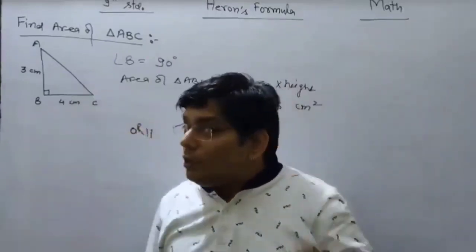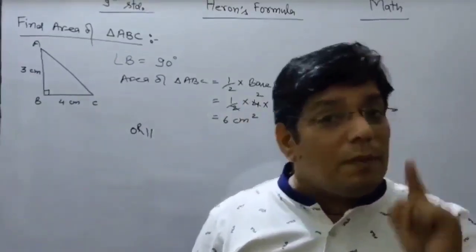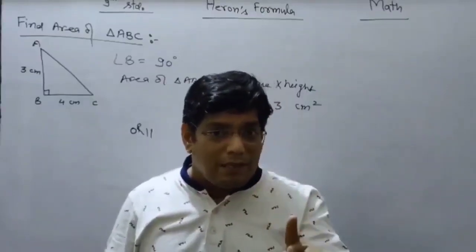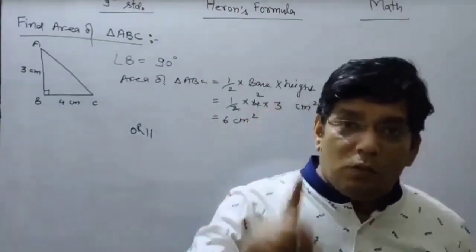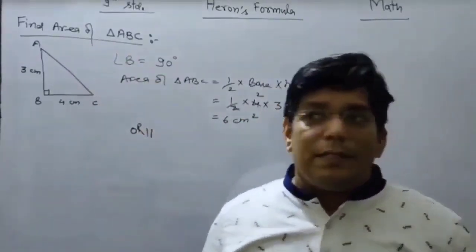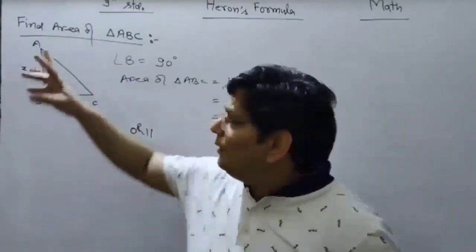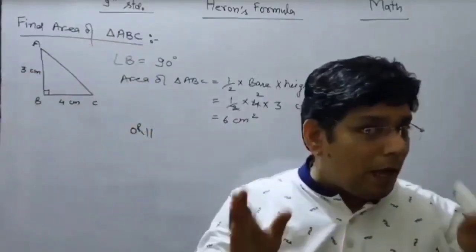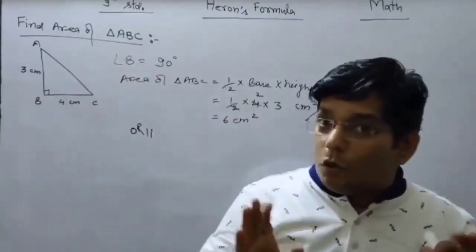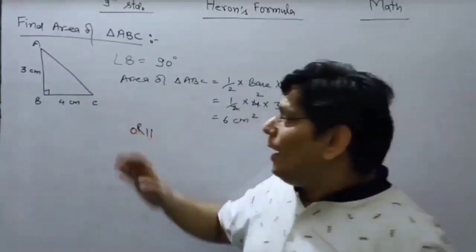मुझे ये क्वेश्चन Heron's formula से भी सॉल्व करना है, तो आपको एक चीज ध्यान रखनी है कि Heron's formula का यूज हम तब कर सकते हैं जब हमें ट्राइंगल की तीनों साइड्स गिवन हो. इज दैट क्लियर? जब आपके पास ट्राइंगल की तीनों साइड्स गिवन हो, उस सिचुएशन में आप Heron's formula का यूज कर सकते हैं. बट राइट नाउ मेरे पास A और B, that means 2 sides given है, third side given नहीं है, but I know the third side is a hypotenuse because it is a right angle triangle.